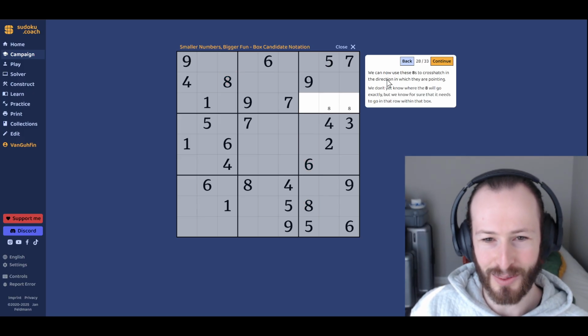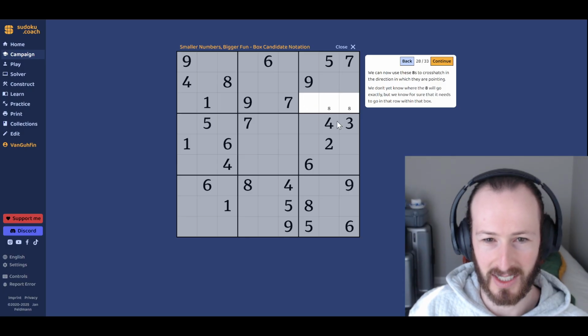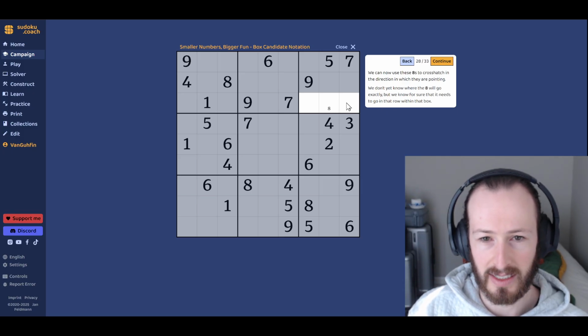We can now use those 8s to crosshatch in the direction in which they're pointing, like drawing an arrow, kind of. We don't know where the 8 will go, but we know it needs to go in this row, the